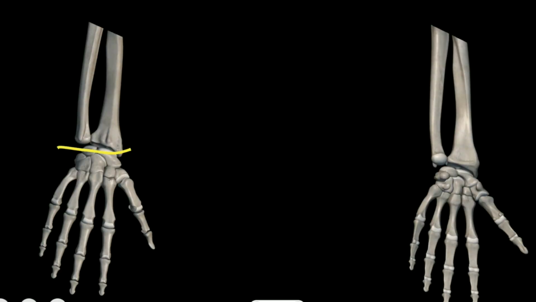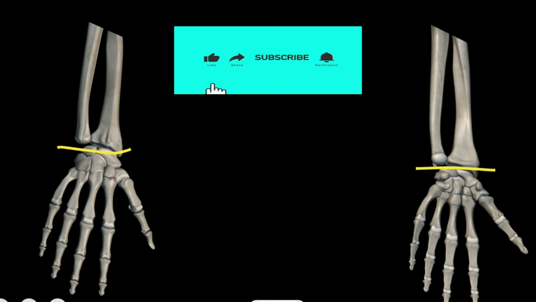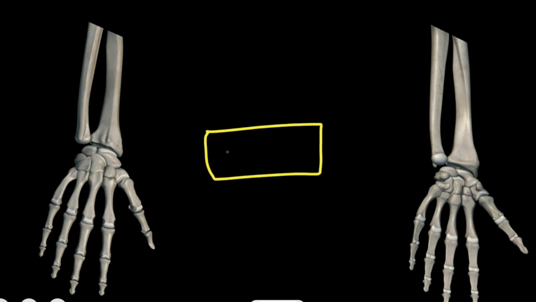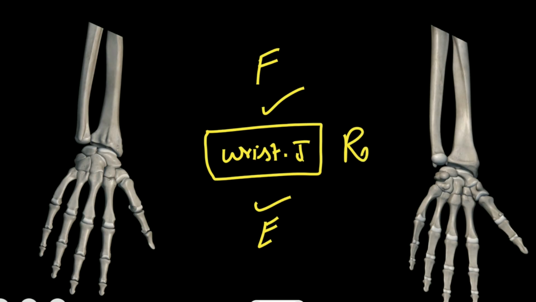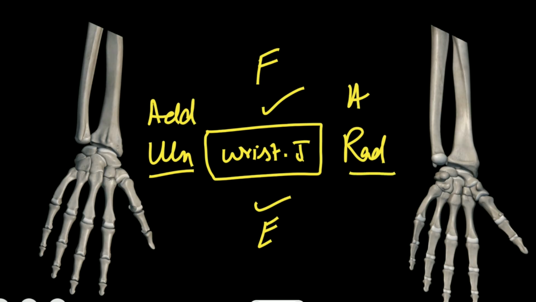Look here, this is the wrist joint. Here we can easily demonstrate the relationship between the orientation of the muscles and their action. Now I will draw the cross section of the wrist joint. This is the cross section of the wrist joint. We have muscles that cross the joint from the front and muscles that cross the joint from the back side. At the wrist joint, we have flexion, extension, radial deviation, and ulnar deviation. Ulnar deviation is adduction and radial deviation is abduction.